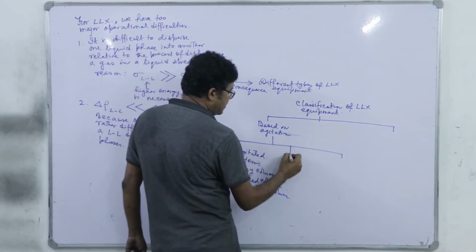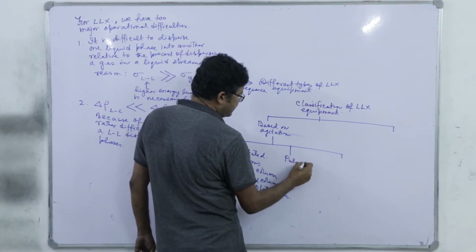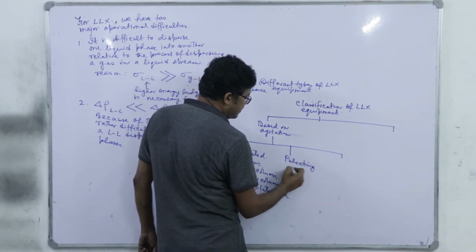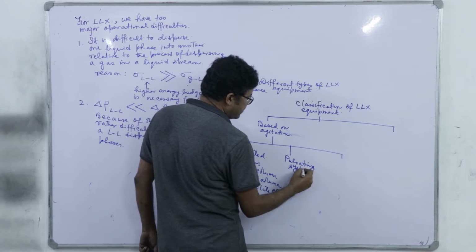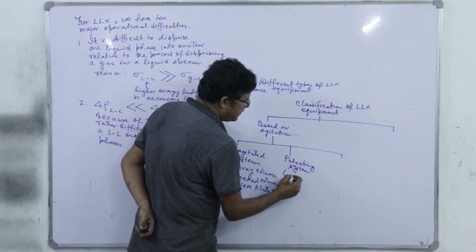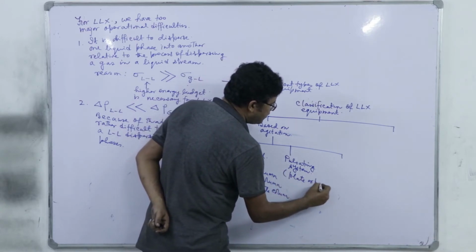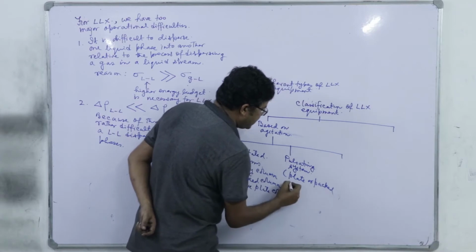Next, pulsating systems. Here we can use plate or packed column